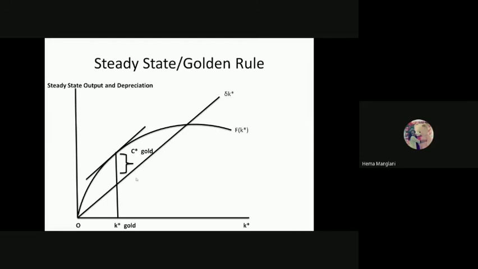And both slopes are parallel to each other. If they are parallel to each other, your consumption will be maximum. So this maximum consumption we need to attain. Here the consumption was not maximum; the slope here and this slope were not matching. If I draw a parallel line over here, this slope would be steeper than this slope. Here, both of the slopes are matching. Here, this slope would be flatter than this slope, so again your consumption will be reduced. Here we have an opportunity to increase our consumption, and here your consumption is less. That is why you need to come back or reduce your capital.